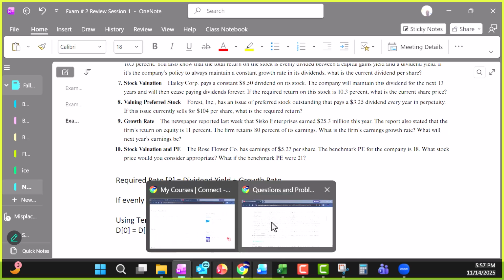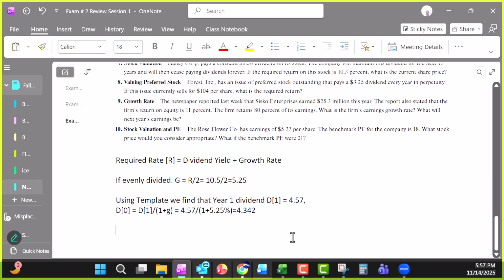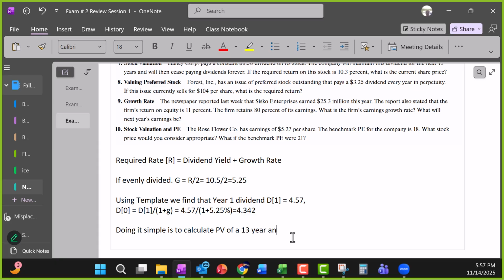Now, we can do this in multiple ways. Doing it simple, calculate the present value of a 13-year annuity